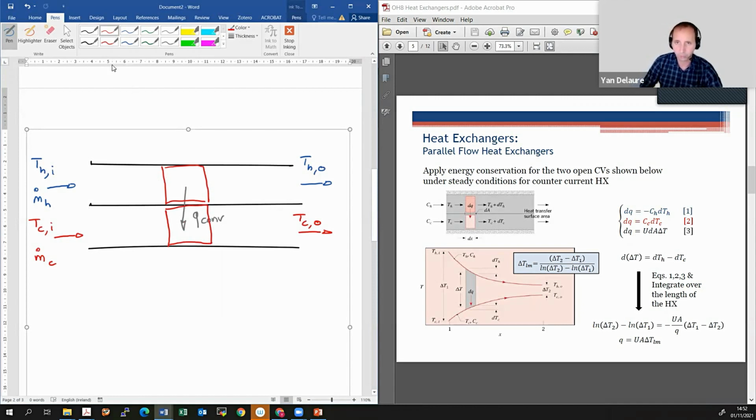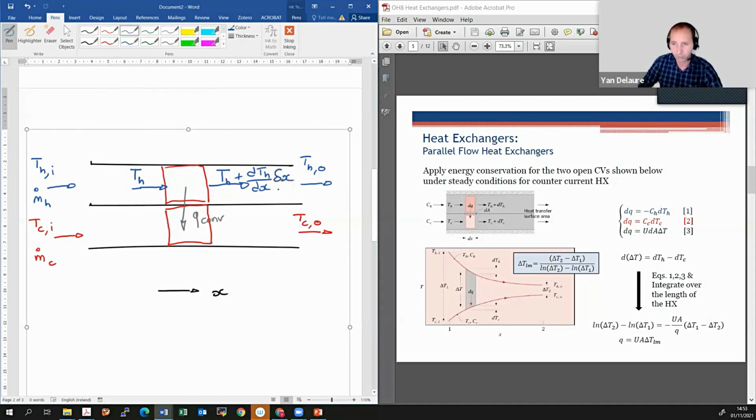And at the same time, we've got heat being lost by the flowing fluid. The arrows should be the same length here. They just represent the direction of flow. But we have temperature on the left-hand side going into that control volume, which will write TH. If it comes in with a certain temperature, TH, it will have a different temperature when it comes out, provided that there's heat transfer taking place. X, we say, is this direction here. Okay. So this quantity here means the rate of change of temperature of the hot stream with respect to X,